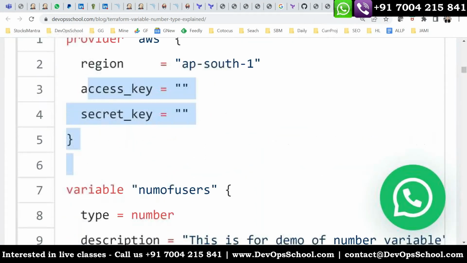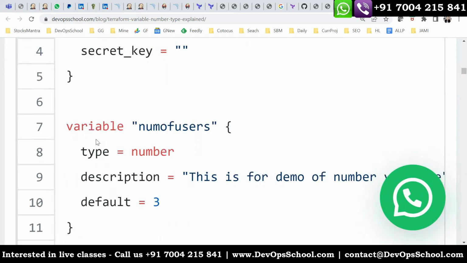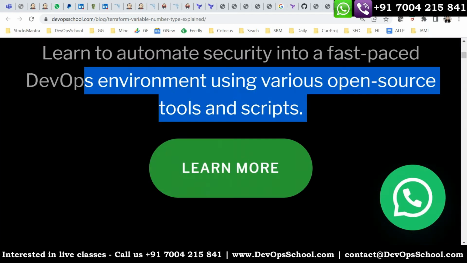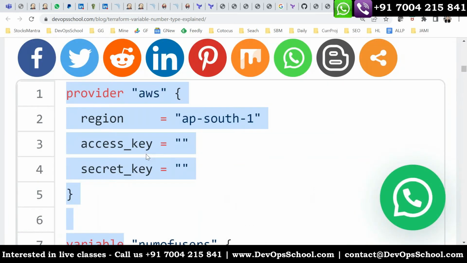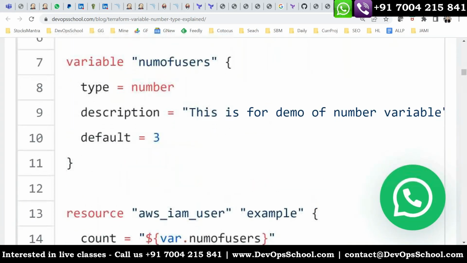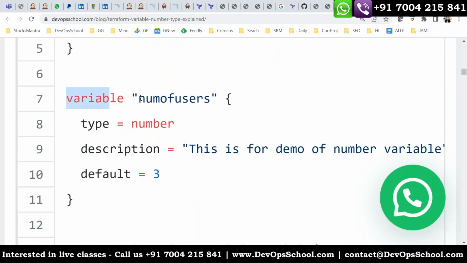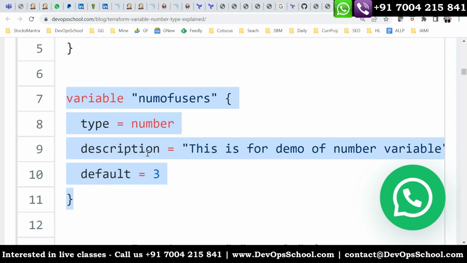In any Terraform program, you declare a variable, give it a name, and tell whether its type is number, boolean, string, or integer. So this is the variable name, type, description, which is optional, and the value. This is a number variable you can define.